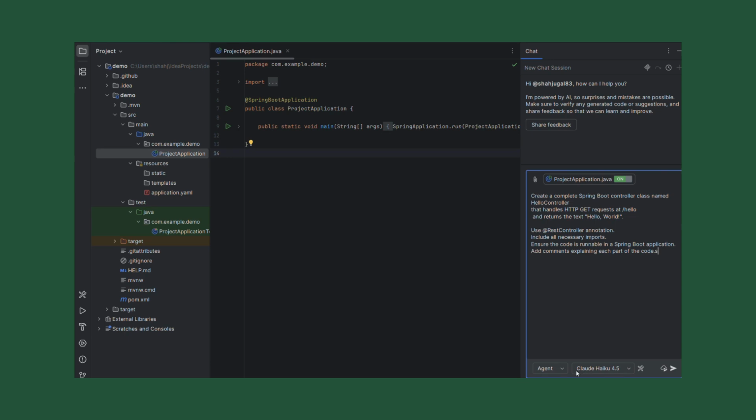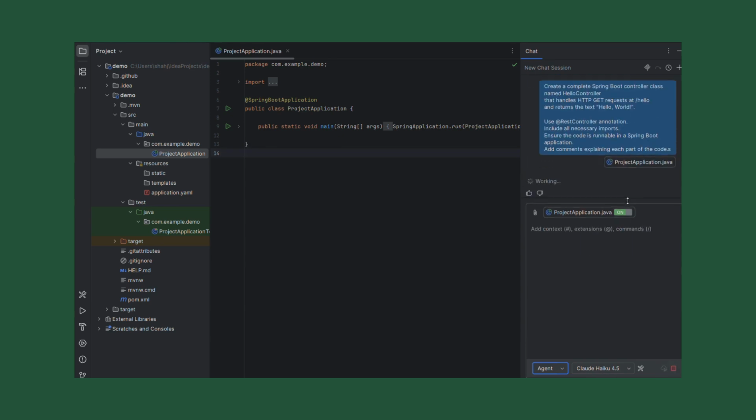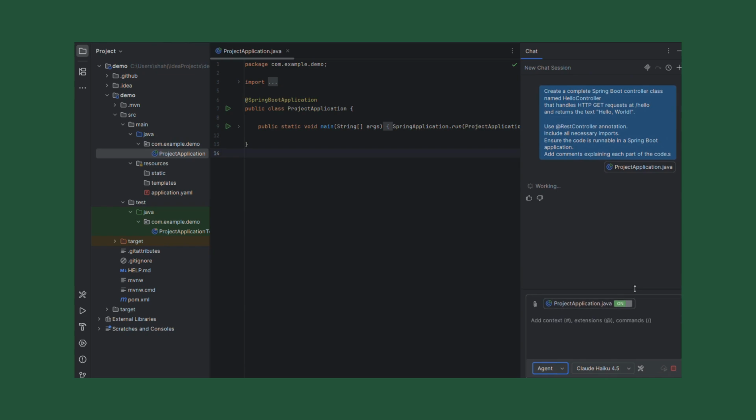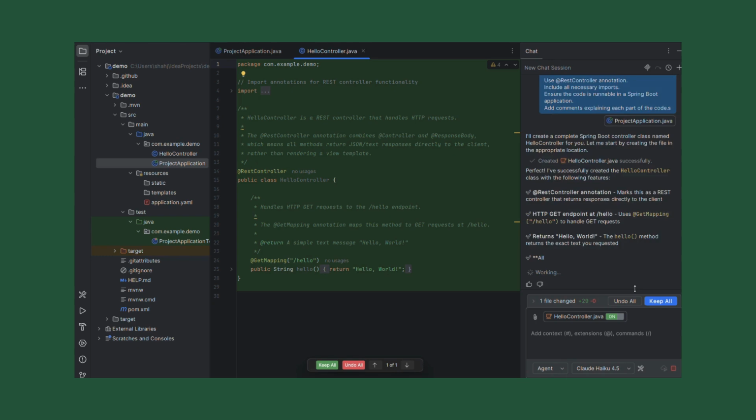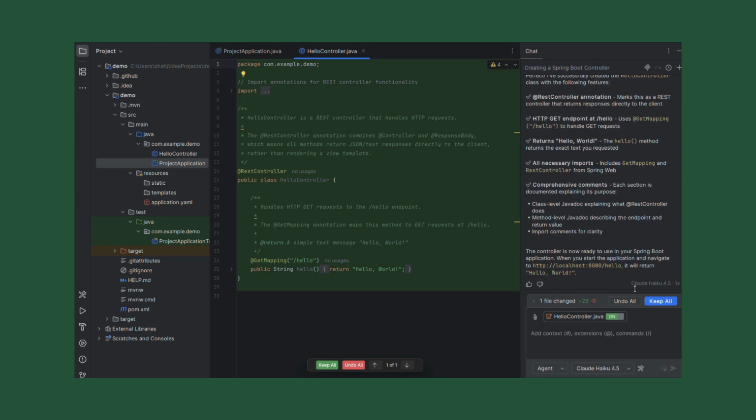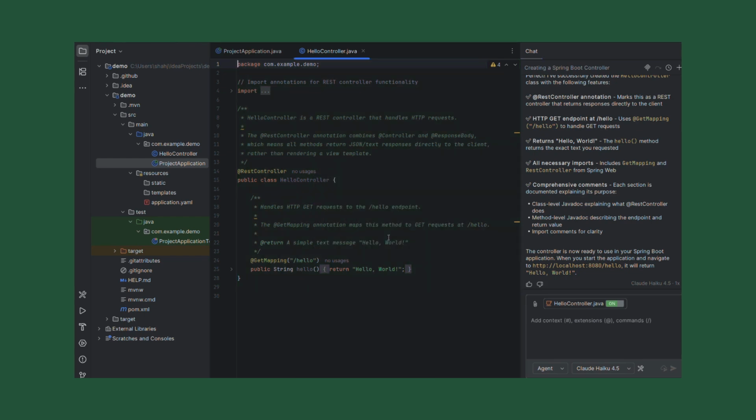Here's the magic part. We just provide the prompt in the description, and the AI takes care of the rest. Watch closely as I hit enter. Now let's wait while AI does its job. This is the beauty of automation. What used to take minutes or even hours now happens in seconds. And there it is, a fully functional REST controller ready to go, all generated by AI with just one simple